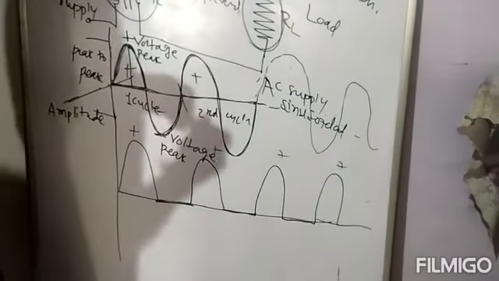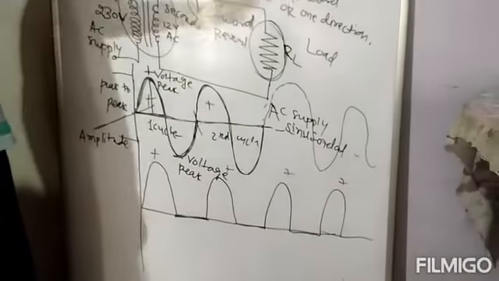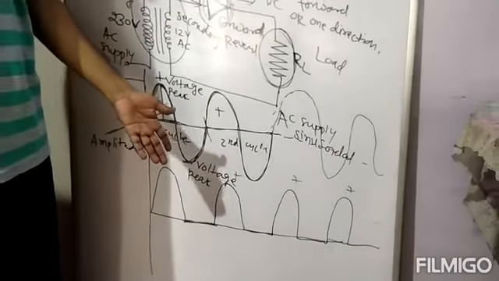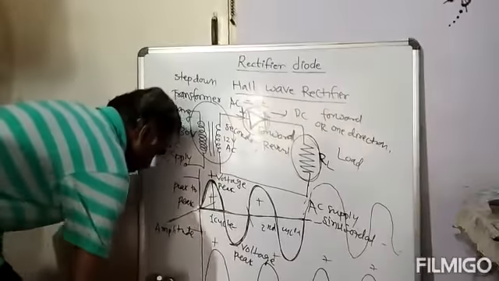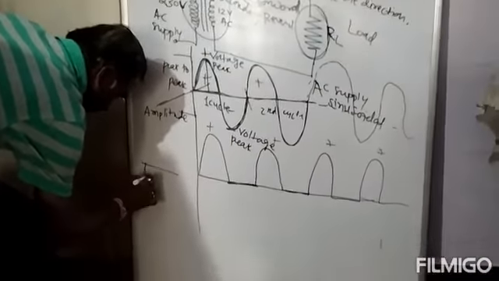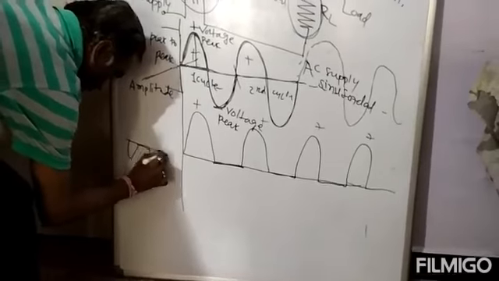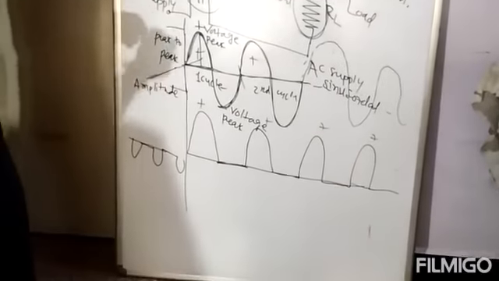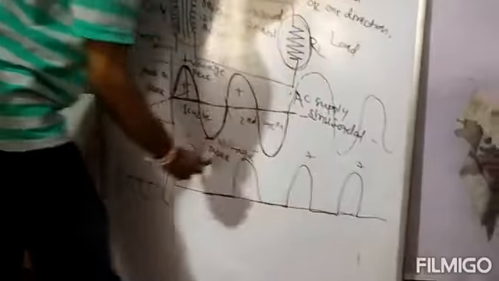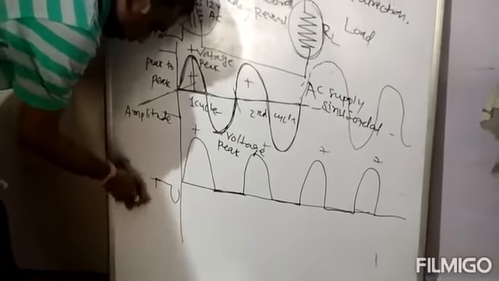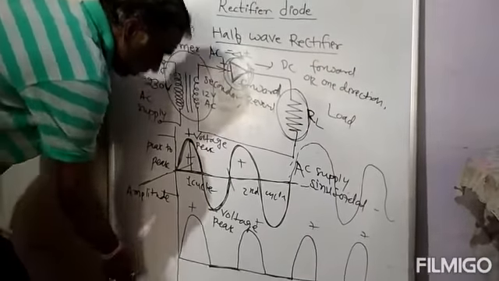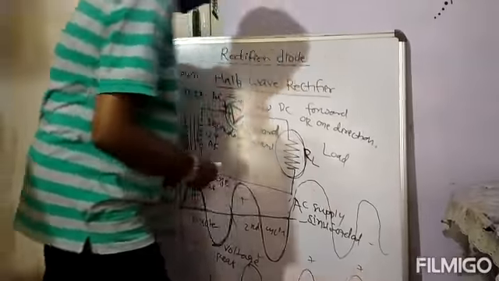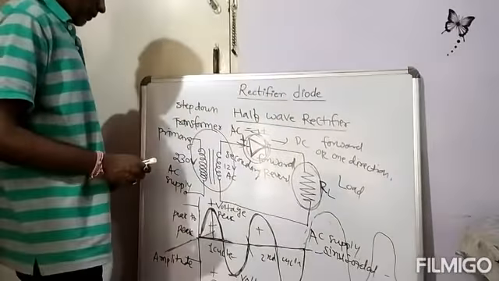You can have a question in mind: why only in the positive direction, why not in the negative direction? There is no problem. We can have it in this direction also, if we want negative or positive option. There is no doubt. We can have it in the reverse or negative direction also. But for our convenience, or for better explanation, I am just taking the positive direction.